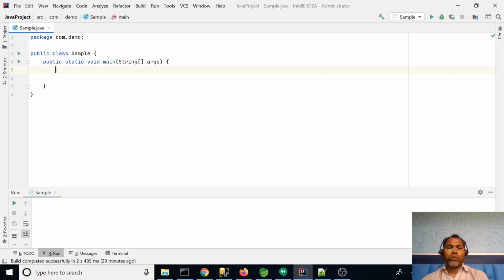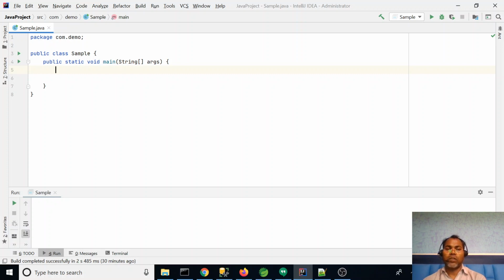Today I am going to discuss one of Java's principal features, the switch statement and switch expression. From Java 12 onward, the switch statement was modified and enhanced, and a new version of the switch statement was provided by Java as a preview feature.